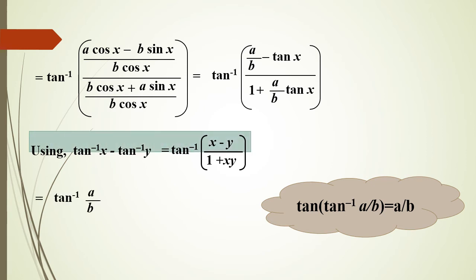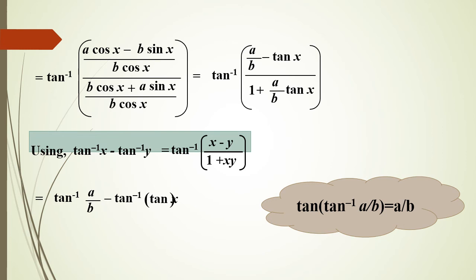So now tan inverse of a by b minus tan inverse of tan x. See, tan inverse of a by b minus tan inverse of tan x, after expanding it again you will be getting your original term, that is tan inverse of a by b minus tan x divided by 1 plus a by b into tan x. So this is the expansion of tan inverse x minus tan inverse y. After applying this property and simplifying, whatever your respective previous term is, you can get it.